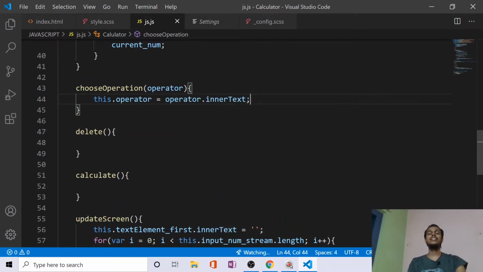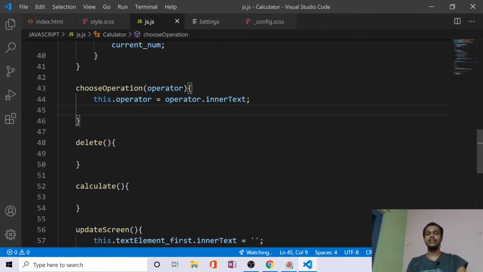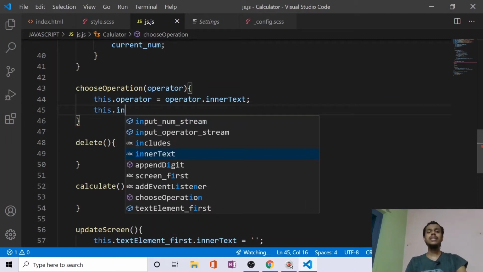Let's say if we click the plus button, it will store the plus inside it. Now after storing the inner text of the operator button, I will simply push this operator, which is storing the operator's inner text,